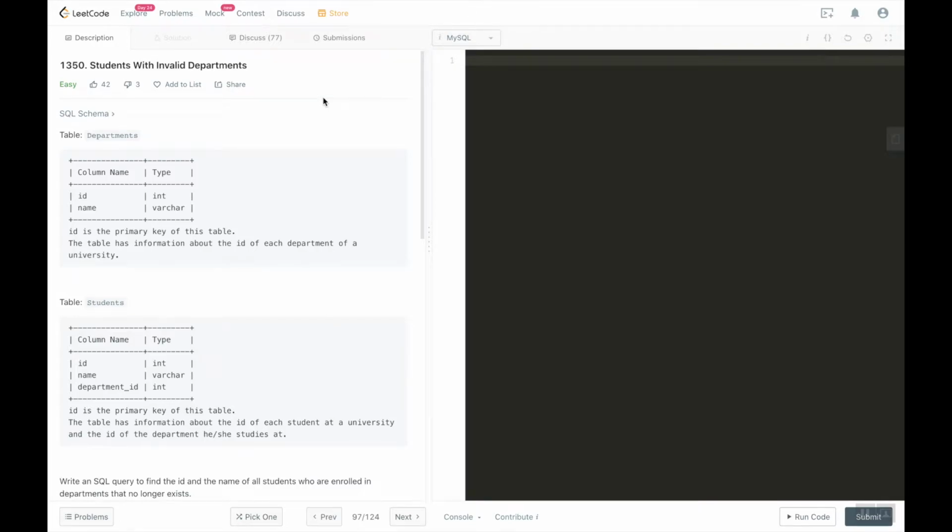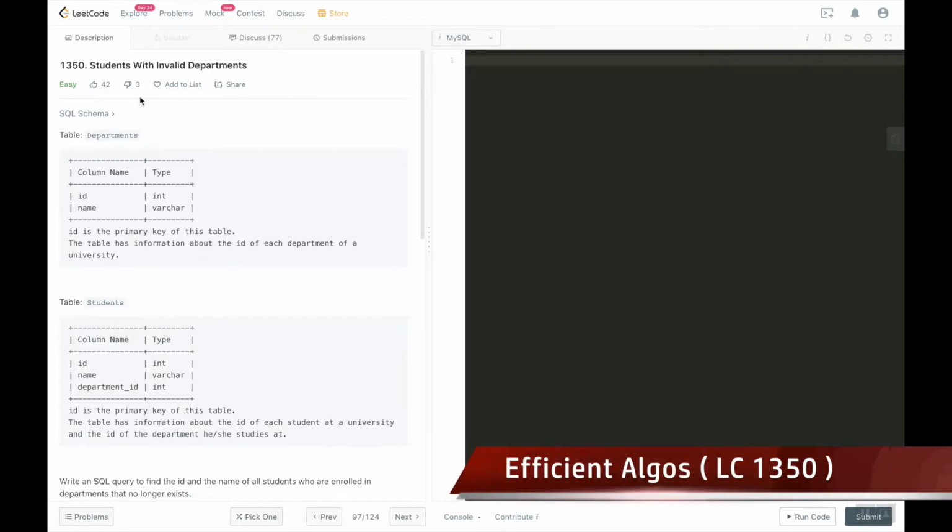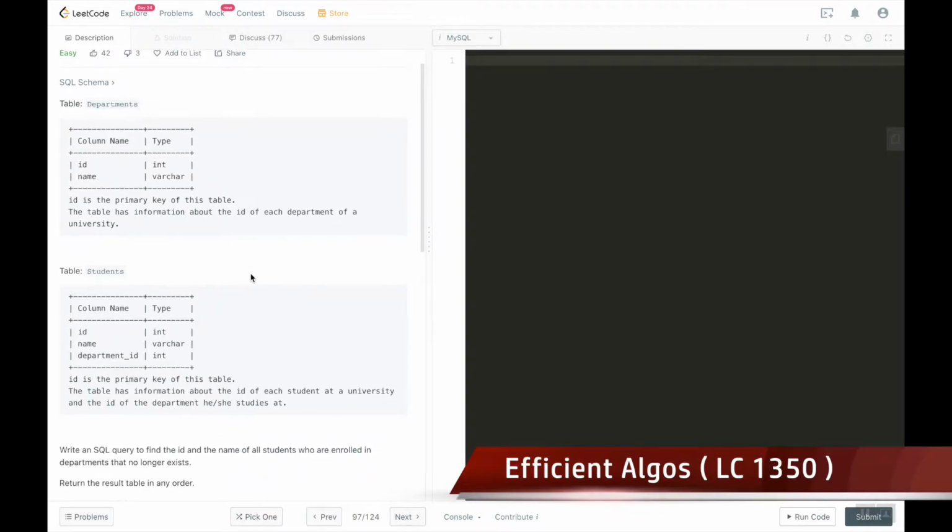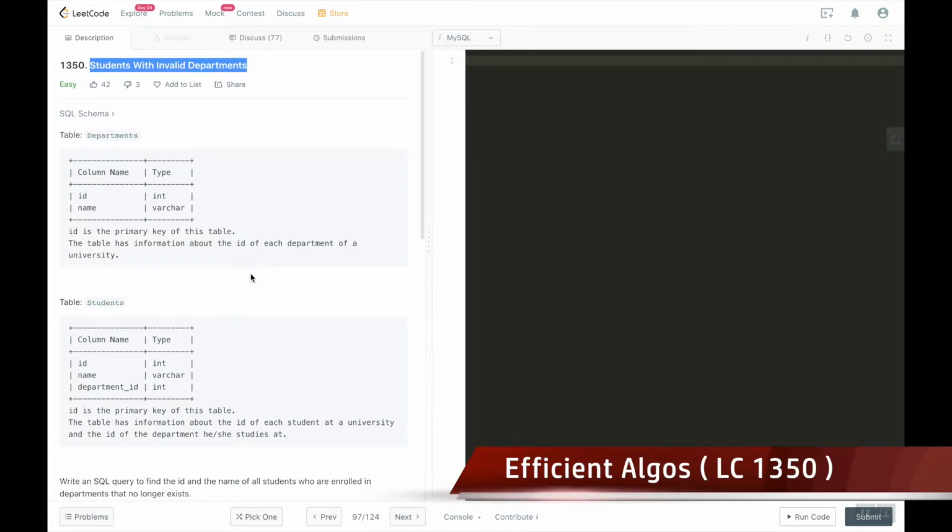Hello, we are going to see an easy SQL question from Leetcode here. It's called Students with Invalid Departments. Now, before jumping into the actual problem statement, let's understand the table schema quickly and have a look at its